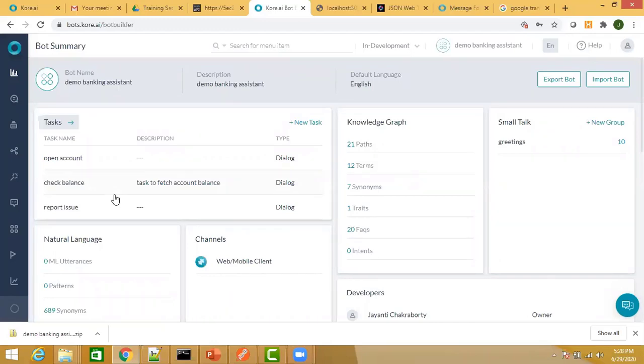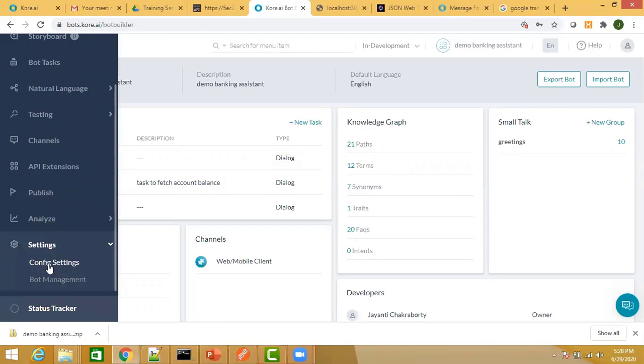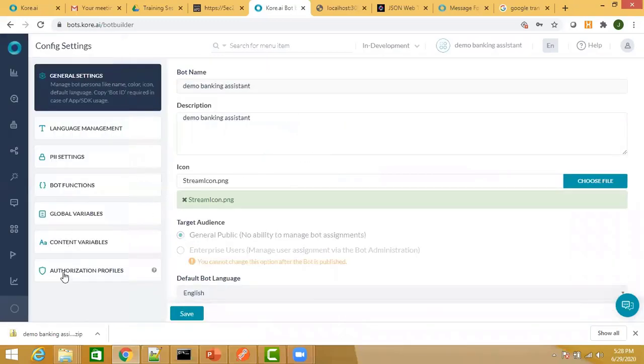So that if a new language is enabled, select that language, go to settings, go to bot config settings, from there select content variables, and just make a change in those content variables over here in the new language that has been enabled. Okay, so individually you don't need to go into each of the tasks and make the changes in the prompts and the messages. So that is the advantage that you have with global variables and content variables.